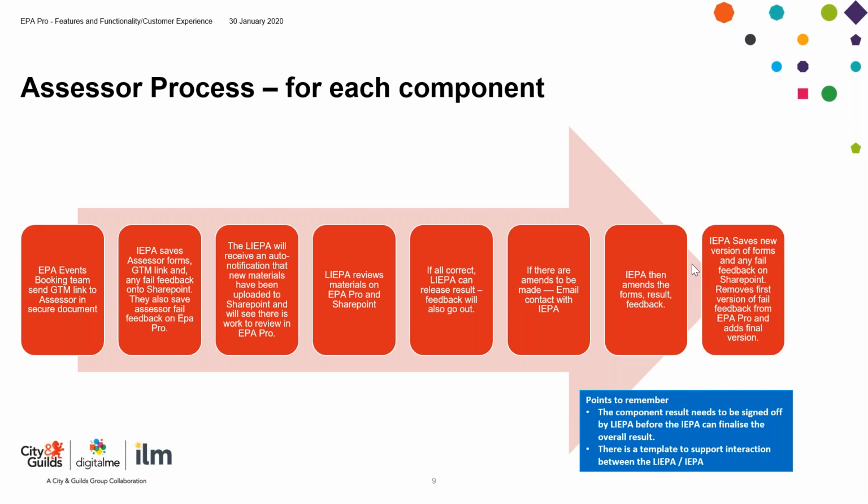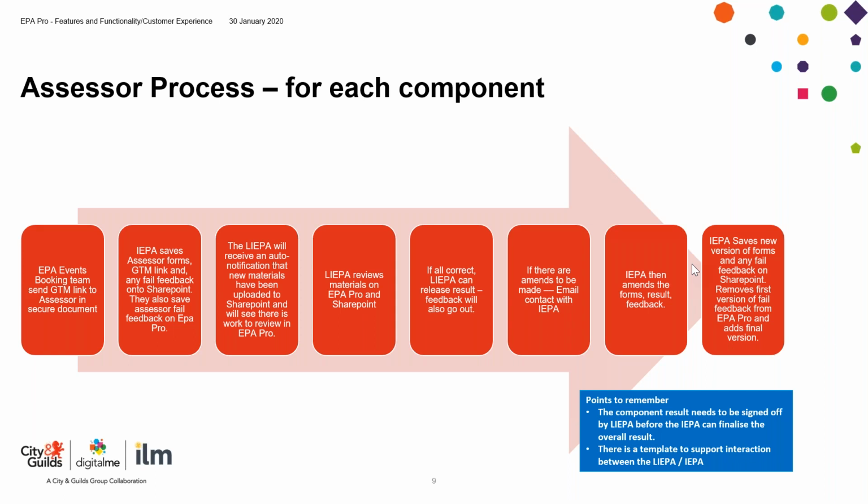Okay, so we talked about this last time, and I think if there's an easy fix and it's easy for the IEPA to resolve the issue, for example if a document is missing and the IEPA has a contact, it might be easy for them to contact that person to say, this is missing, I need it to be able to carry out an assessment. If there's a particular issue and it involves more than that, it's a case of escalating that to the EPA events booking team, and then they will pick up that conversation with the customer. So I think it really does depend on what the issue is.